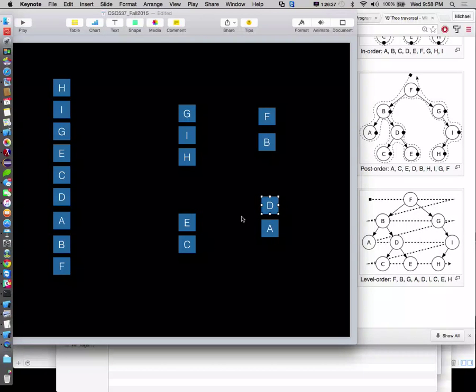Okay, then we're going to visit the C. So we're going to pop the D, come and visit the C. Kind of see where this is going? All right, so we're mixing recursion with a stack to give us a breadth first search. And we'll look at that in more detail next time since we're out of time. But the punchline is that